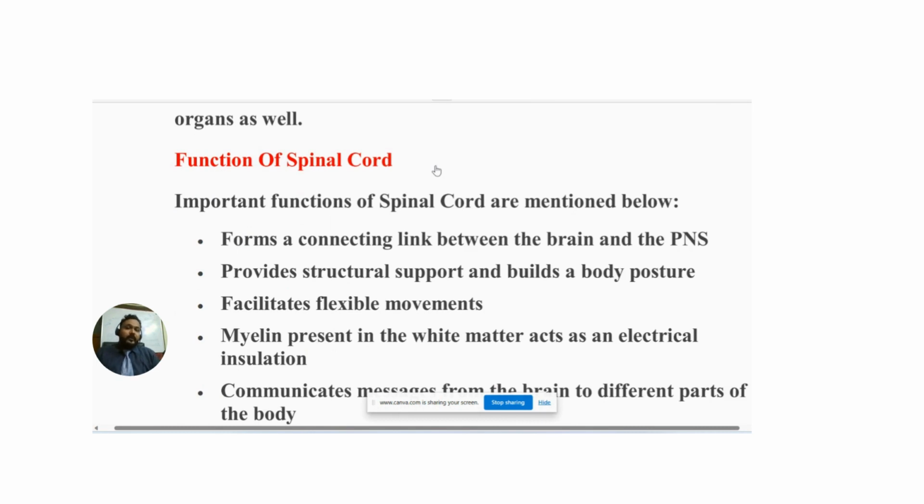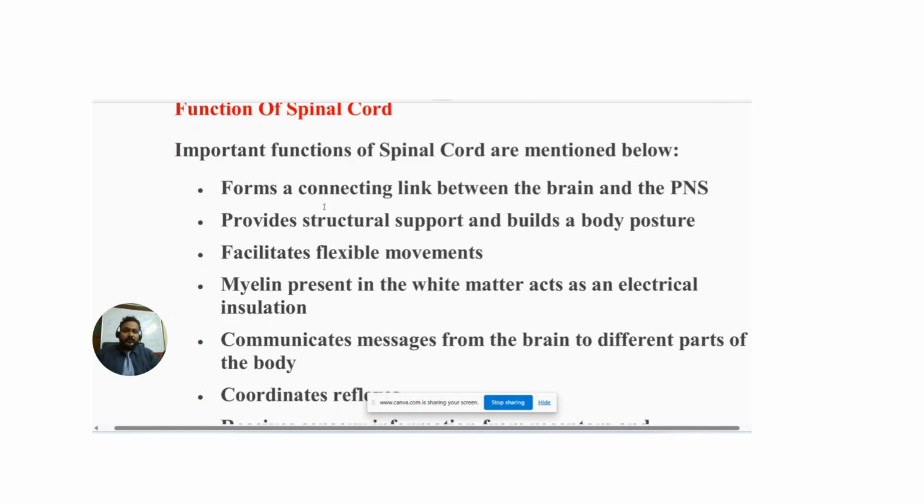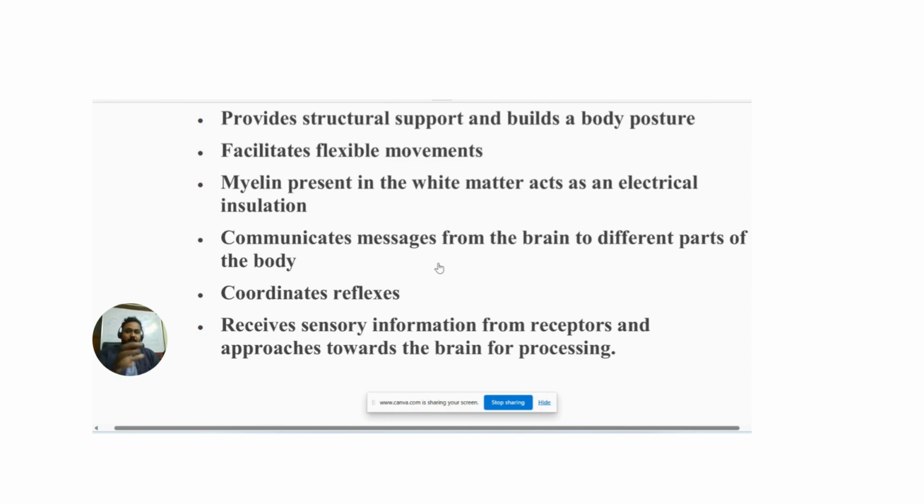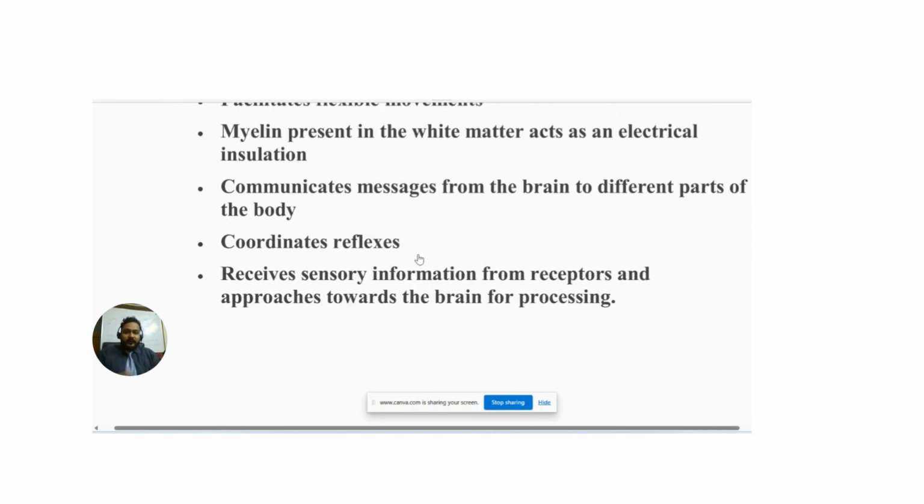Functions of the spinal cord. Important functions of the spinal cord are mentioned below. It forms a connecting link between the brain and the peripheral nervous system. It provides structural support, builds body posture, and facilitates flexibility and movements. Myelin present on the white matter acts as an electrical insulation, communicates messages from the brain to the different parts of the body, coordinates reflexes, and receives sensory information from the receptors and carries it towards the brain